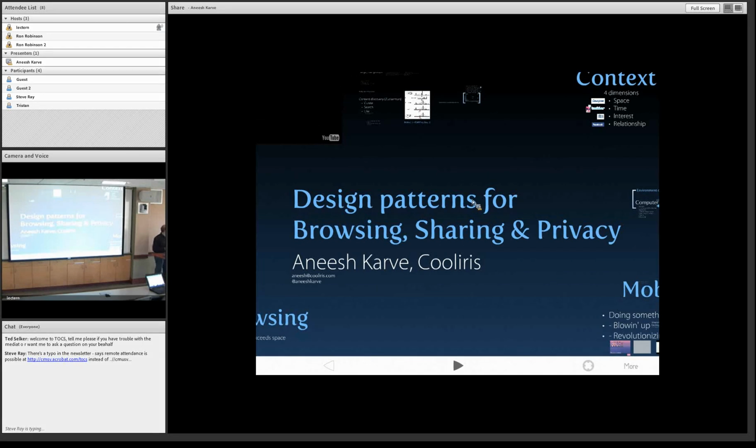So I ran into Cool Iris because one of our faculty here, Colin Jackson, had a lot to do with doing some of the ports of the big fancy algorithms to some of the browsers. And I don't even know how to pronounce your name, Aneesh Karve? Pretty good. Okay. Is here thinking about design patterns for browsing and sharing and privacy. It's an awfully fancy name, but I bet you we're going to learn something about Cool Iris anyway. And really look forward to this. And thank you for coming. And here's your requisite CMU cup.